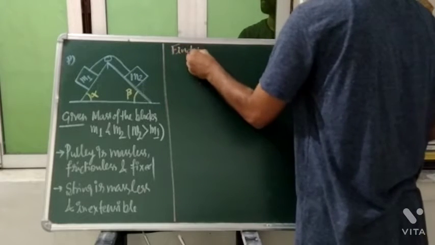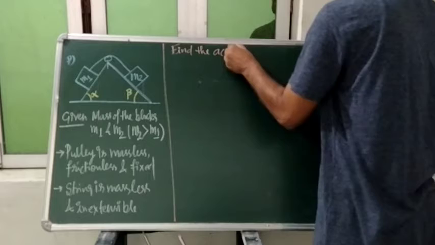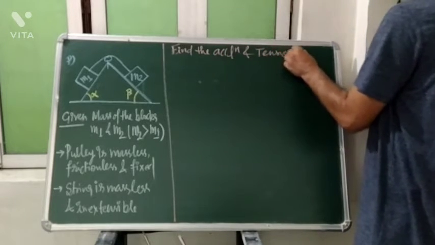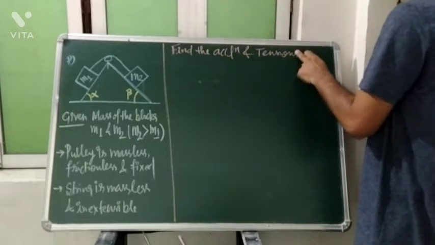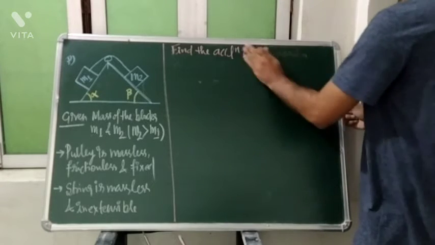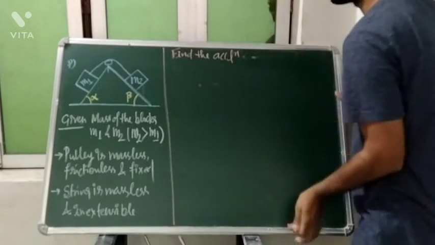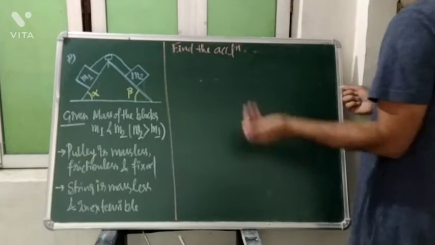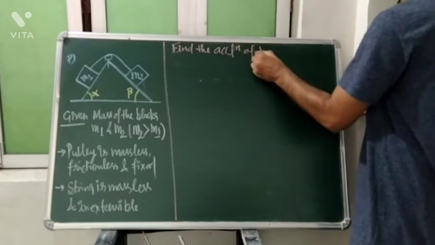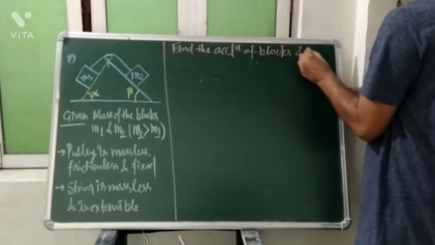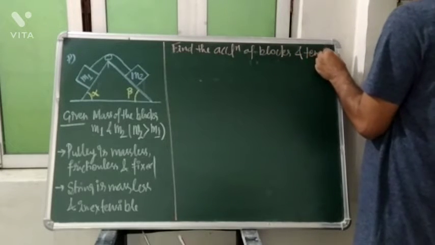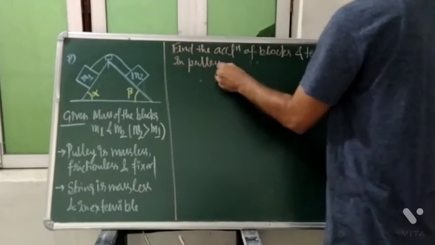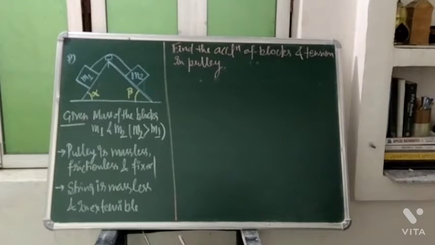the accelerations and tensions, the tension and acceleration of the blocks, you will say. So what acceleration are we talking about? Whether the acceleration of the pulley or of what? So the acceleration of blocks will be asked of you, and the tension in the string. Okay. So if you are getting such a problem, how will we solve that?